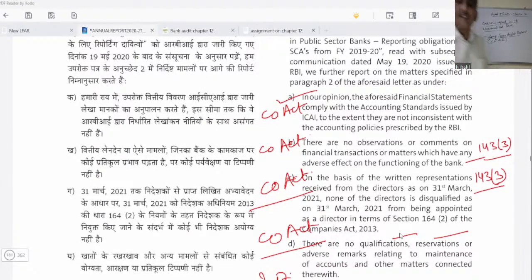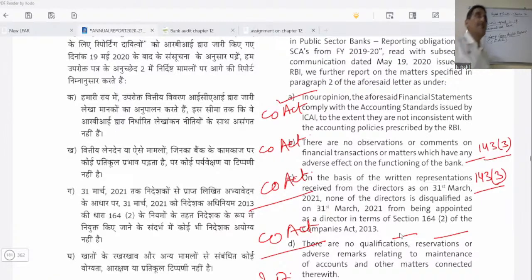So Pooja is asking, is there any limit on that branch is not required to be audited? Pooja, RBI is issuing guidelines, instructions in this respect from time to time. So there is no limit as such in law, but it is subject to RBI guidelines. RBI from time to time is changing how branches are to be selected for audit. So banks have to follow that. Okay.